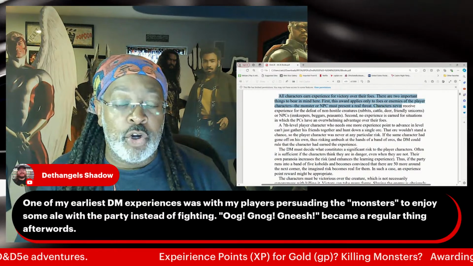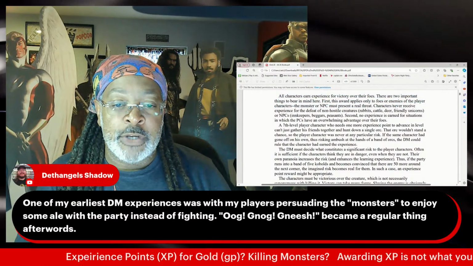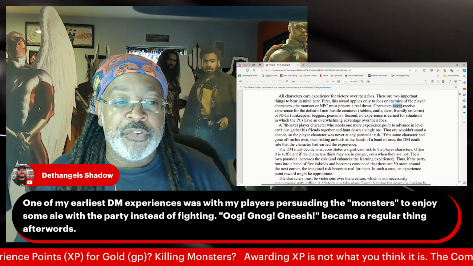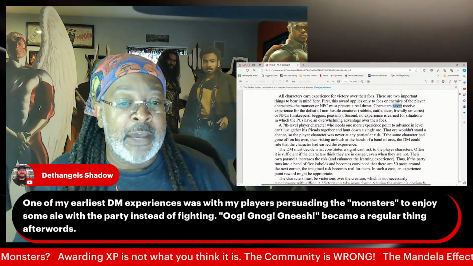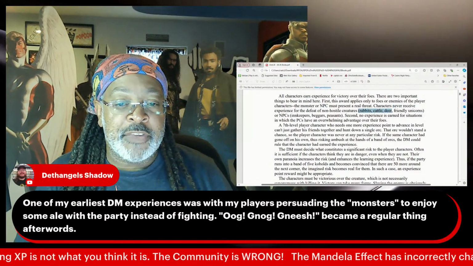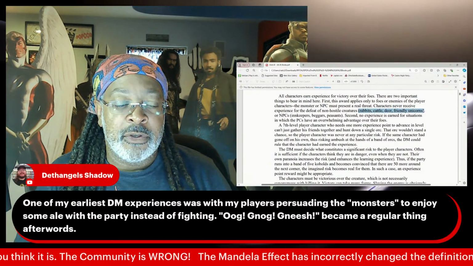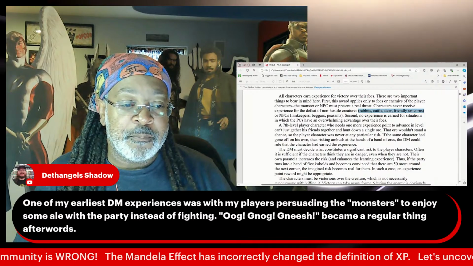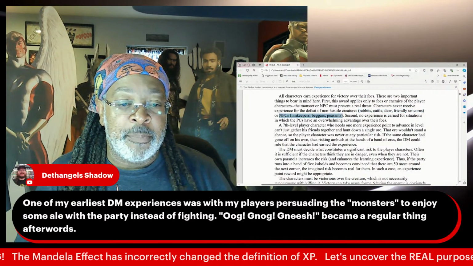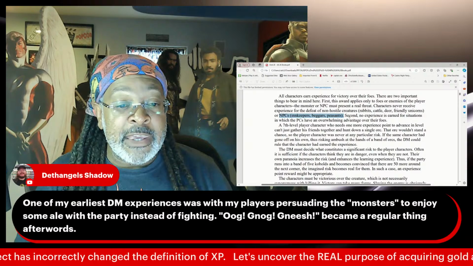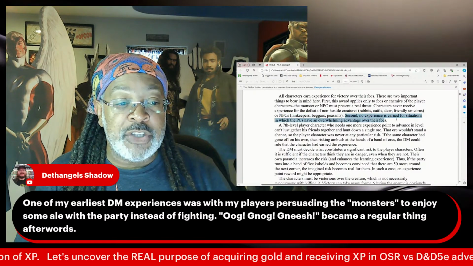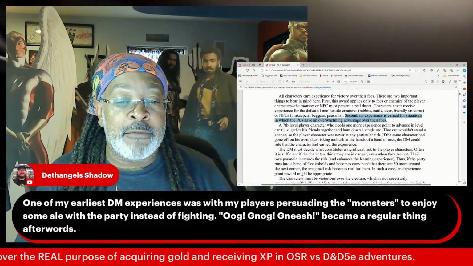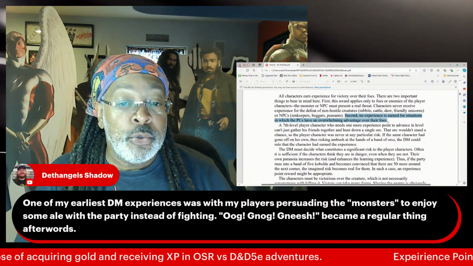Characters never, let me highlight the word never, receive experience points for the defeat of non-hostile creatures. Rabbits, cattle, deer, friendly unicorns. Or NPCs, like innkeepers, beggars, and peasants. Second, no experience is earned for situations in which the PCs have an overwhelming advantage over their foes.